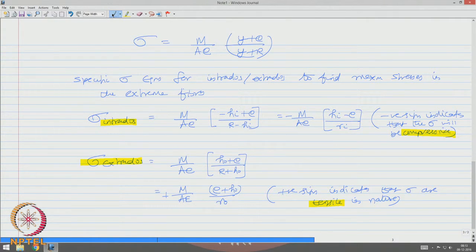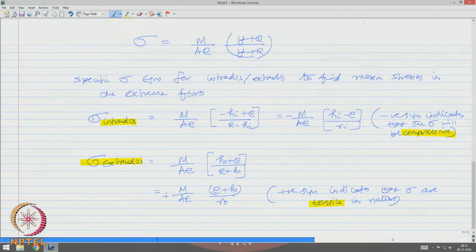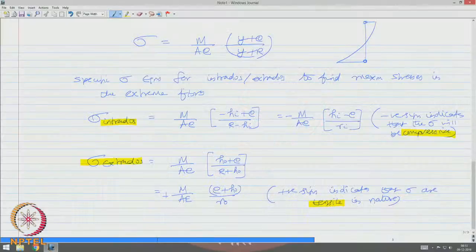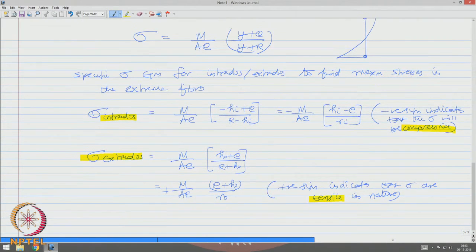Please note, this equation is useful only to estimate the stresses on extreme fibers, because the stress along the cross section is varying hyperbolically. So, this equation does not give me the stress variation along the depth. This can give me the stress only in the extreme fibers of the given cross section. Okay. So, now having said this, it is clear